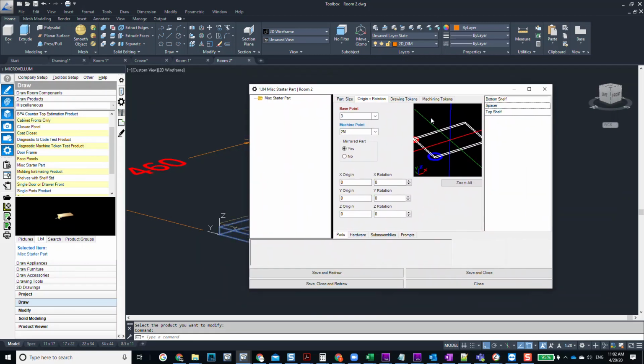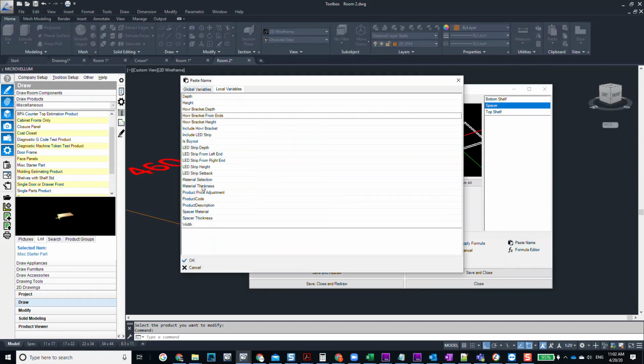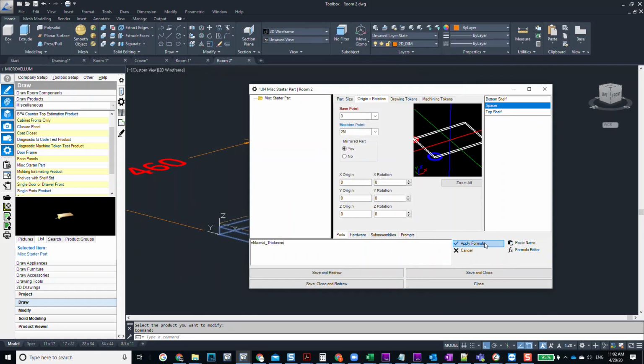So that one we want to move from that bottom location. We're going to move it in Z. So we're going to change the Z origin to material thickness, because that's what we've got selected for our bottom and top thickness. So we'll say that, and then for our top shelf we just want to change this. We can just change the base point to 4 so that it's on the top of the part, and then